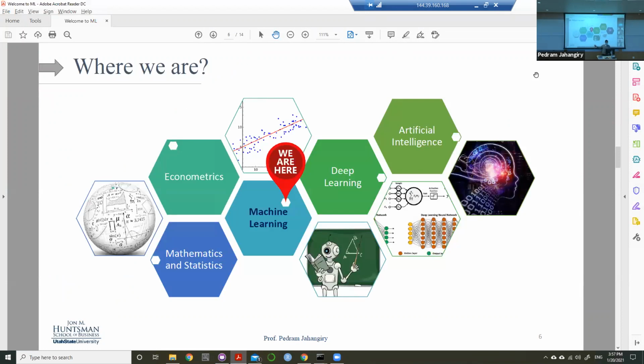We are here in the machine learning one. So I think you guys have some basic understandings of mathematics and statistics. You have taken an econometrics course. The next step is this one, machine learning. And this is going to open up a completely new world in front of you, what you can